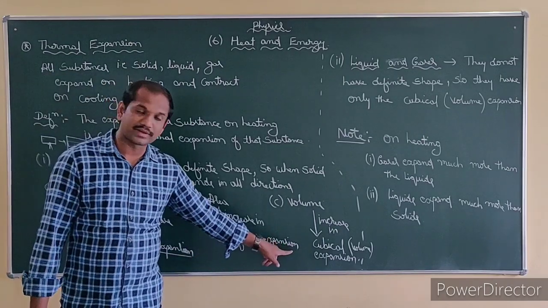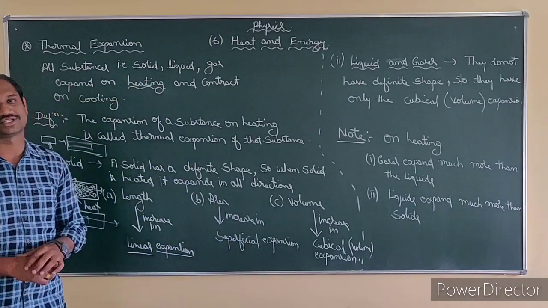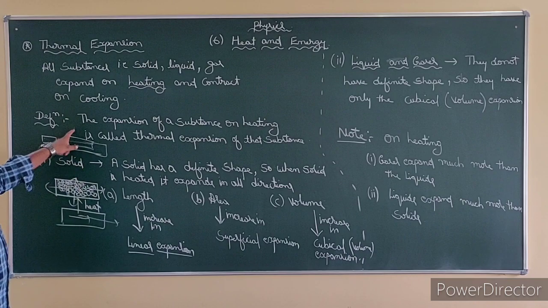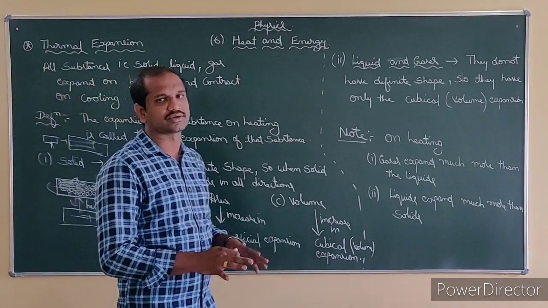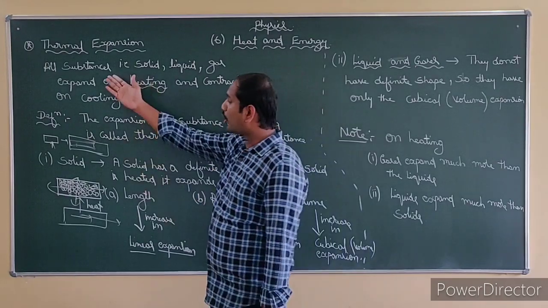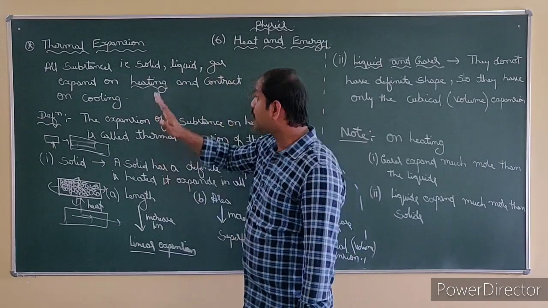Increase in area is called superficial expansion. Increase in volume is called cubical expansion. Understand? This is very, very important. See, the definition is important. First remember, almost all substances, that is solid, liquid, gas, expand on heating